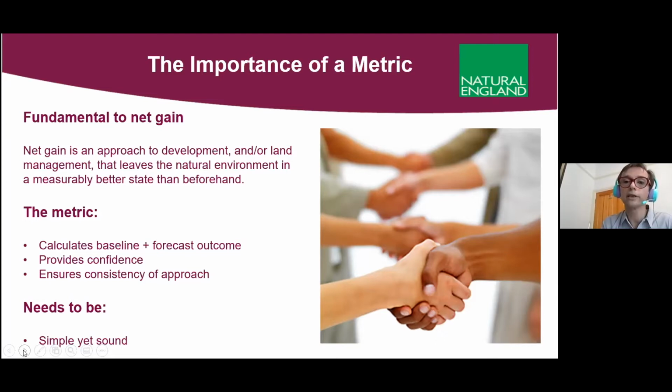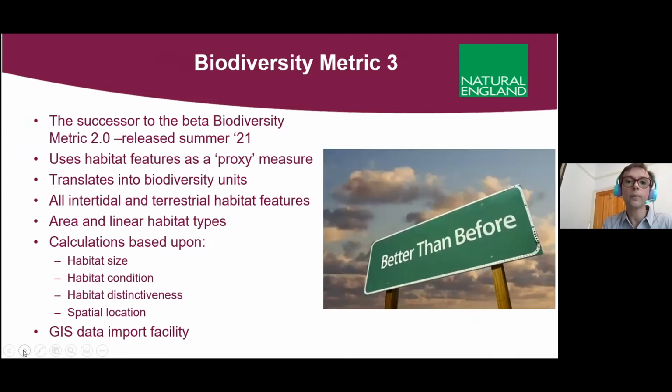So it's a tool that Natural England with other organisations has been working on. And we released the most recent version of this tool in July of this year. And it uses habitats as a proxy measure for wider biodiversity. So you won't see information about individual species in there. It includes all habitat types that you're likely to find in the United Kingdom. So that's everything from a street tree, a green roof, a sustainable drainage scheme, all the way through to rivers, woodlands, chalk grasslands, and also some of the coastal habitats as well. So it covers intertidal as well as terrestrial habitats.